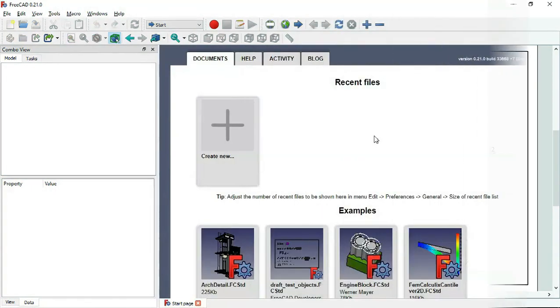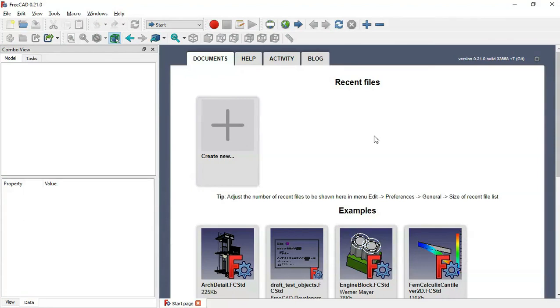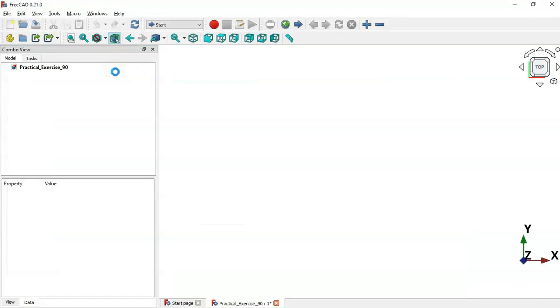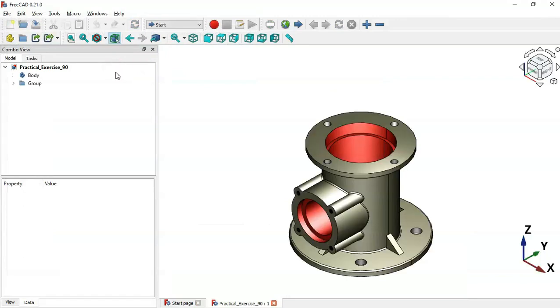The first thing to do in order to create a technical drawing in FreeCAD is to open a document. Click on this icon and double click on the practical exercise 90 file. And as you can see, now we have this model. Before we start the creation of the technical drawing, I want to show you which preferences I'm using for